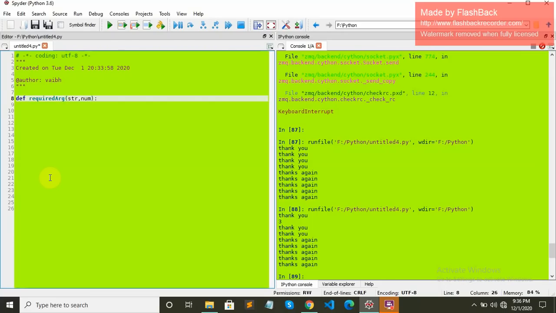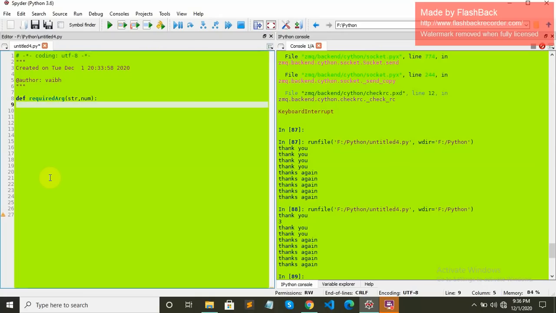It will take two arguments, and then we can have something like this to call the function required with args. For the str we are putting hello, and for the num we are putting 2.